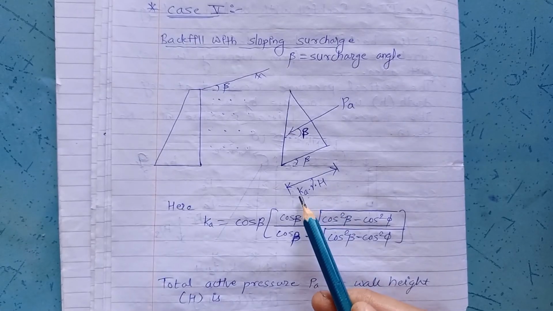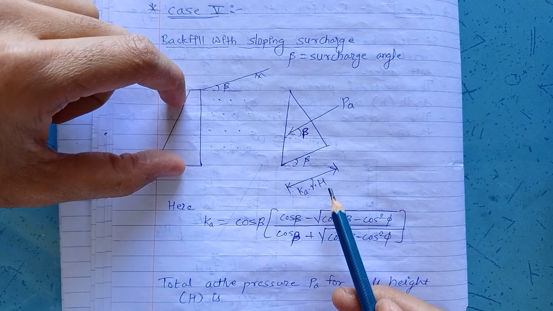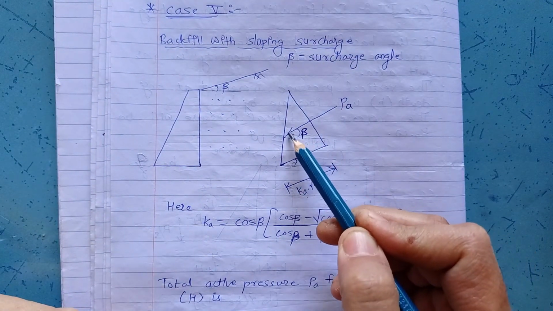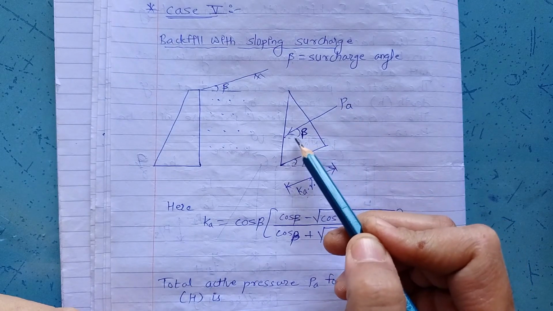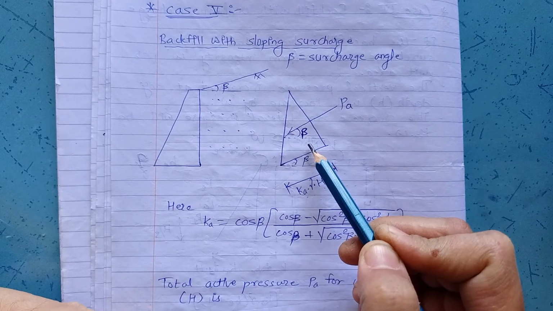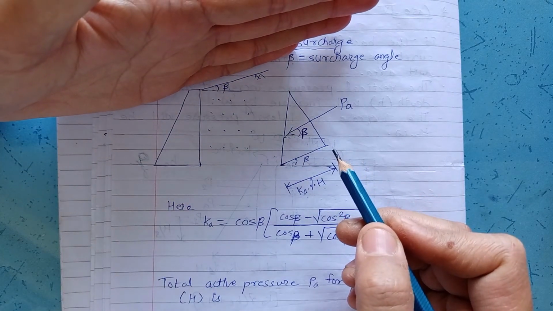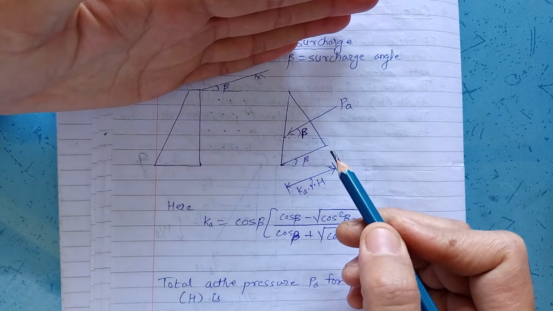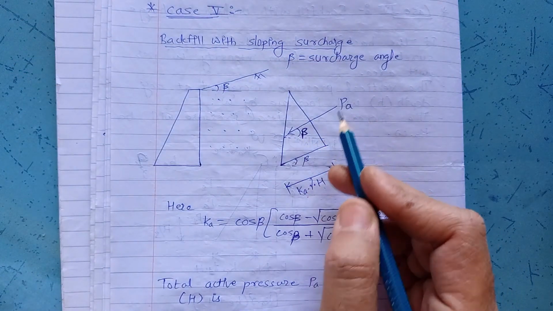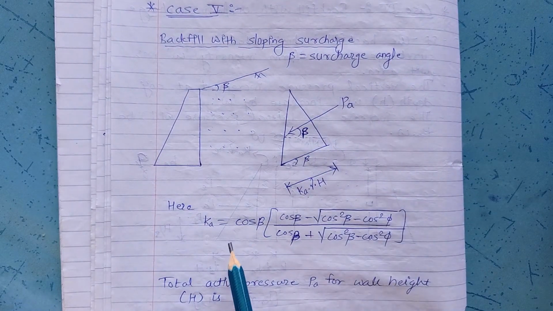Base here will be Ka into gamma into H. H is nothing but the height of the retaining wall, and Pa will be acting parallel to this base, or say at an inclination of angle beta with respect to horizontal, or Pa will be acting parallel to the sloping nature of the backfill, or you can say Pa is acting at an angle of beta with respect to horizontal, and Ka